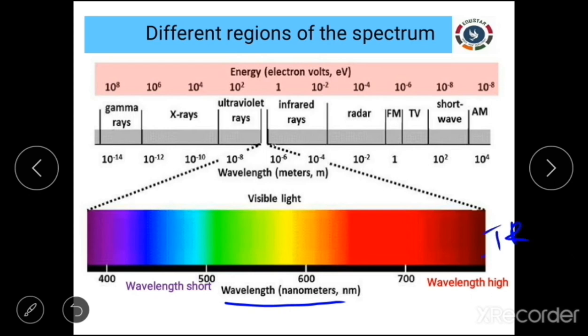These IR rays are used for heating, and beyond the IR rays we can see the radar waves, which are used for broadcasting radio and other things. On the other hand, beyond the violet color you can see the ultraviolet rays, and beyond the ultraviolet rays you can see the X-rays used in our medical centers, and beyond that you can see the gamma rays, which is nothing but the radiation associated with nuclear power plants.